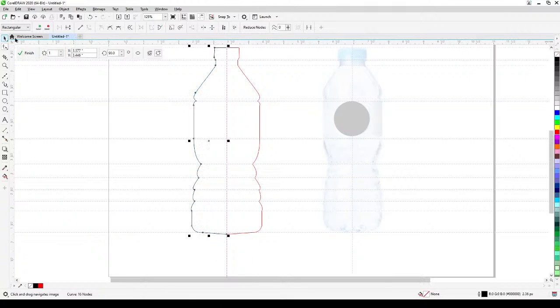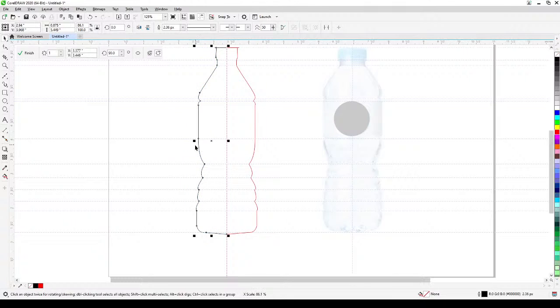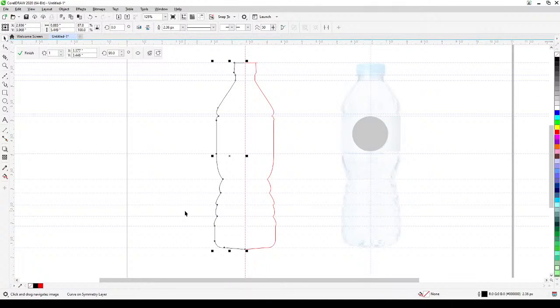Okay, so now if you notice, I want to make it a bit skinnier. So what I'll do, I'm just gonna move it like that, right? And I guess that's it, right? I mean, I can still change this one, but this is just for a demonstration. So when you click on finish,